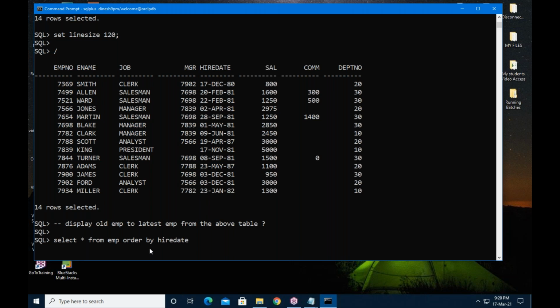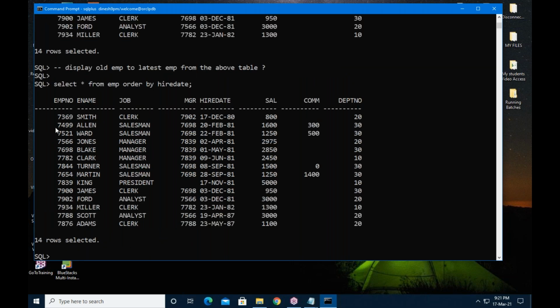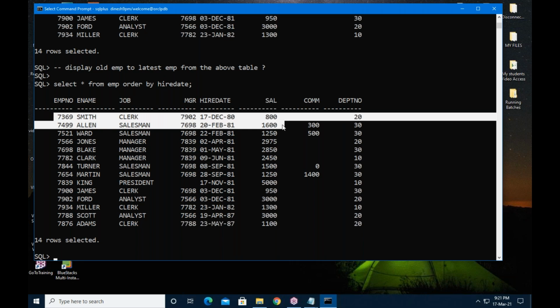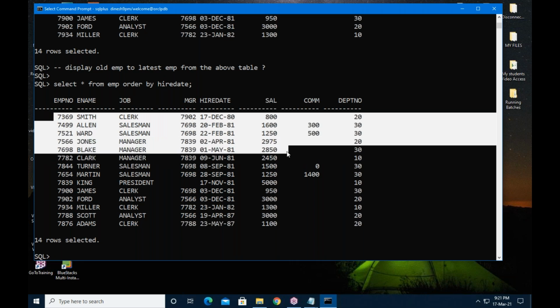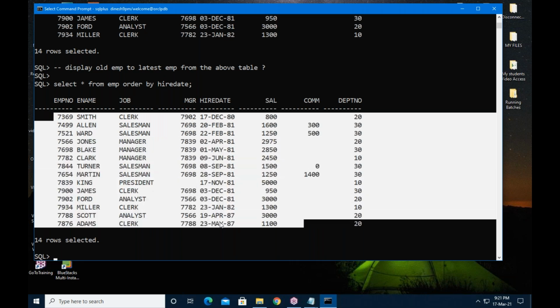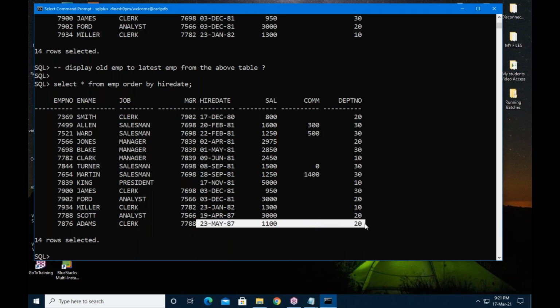Very good. Based on hire date, we can decide whether the employee is old or latest. So order by hire date means old date to latest date. So he is the oldest employee, and he is the latest employee according to the above table data.